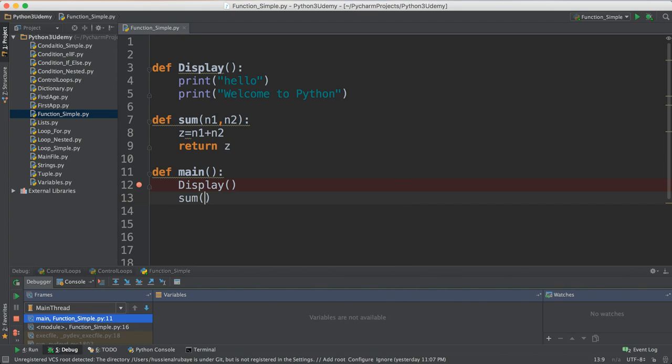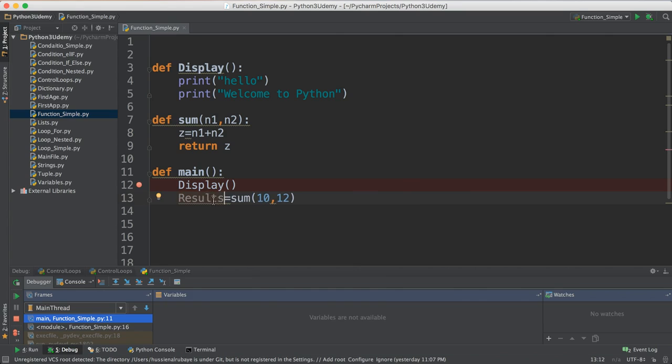which is sum. Sum expects 2 numbers. Let me suppose I want to do some operation between 10 and 12. But if you see, there has to be an error here, because this function sum, when you call it, does some operation and returns a value for me. This value has to be saved here. So let me suppose z equals